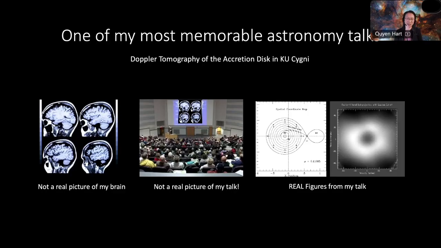What made this talk memorable was people walked into the talk thinking they had gone to the wrong talk, because I really did have a CAT scan up on the screen. They're like, oh wait, I thought it was an astronomy talk. I'm like, no, you're in the right talk. They're very confused, and so I kind of hooked them already. Unintentionally, I hook them. It's like, what does this have to do with an astronomy talk? So that's not a real picture of my brain, nor is that a real picture of my talk, but those are real figures from my dissertation, which I probably put in my talk.